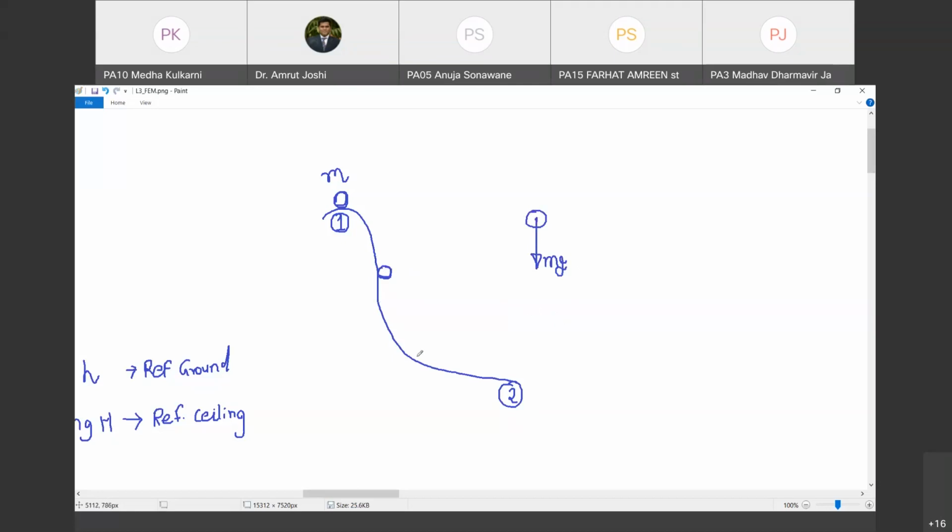This surface on which it is sliding is external. Do you agree with me? Yes, sir. And as this is the frictionless surface, it cannot offer any reaction along the tangential direction. It can offer the reaction only in the normal direction. Do you agree with me? Yes, sir. I show that normal reaction as N. Happy? Yes, sir. These are the two forces that are acting on this ball as it travels from 1 to 2. Do you agree with me?